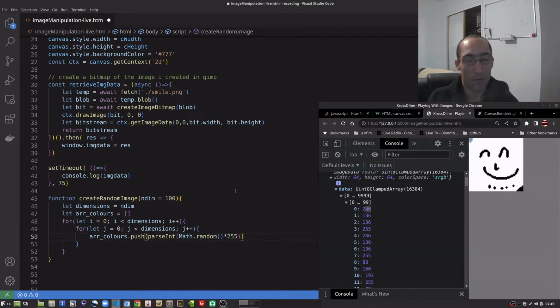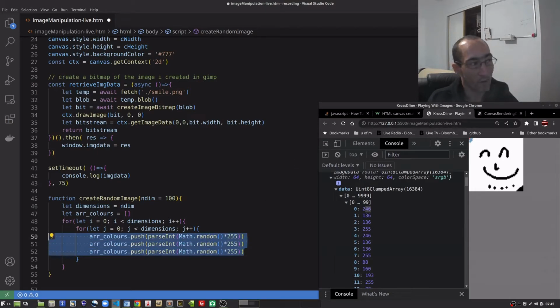And I want to do that for 3 colors, so I'll do that 3 times. And again, this isn't the most efficient way of doing it. This is just quick and dirty prototyping. Don't consider this proper